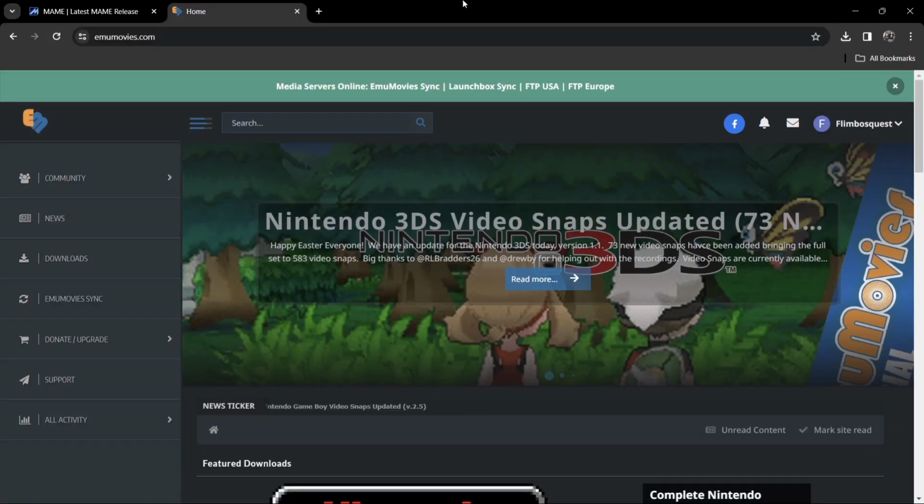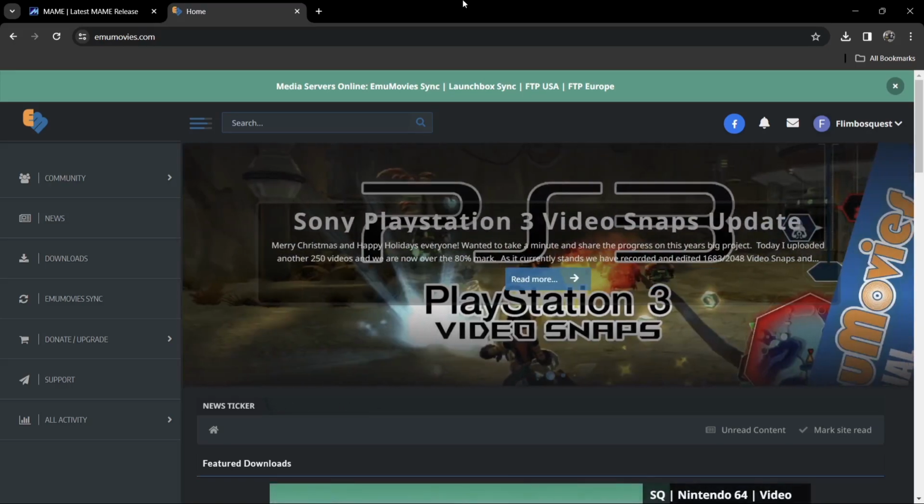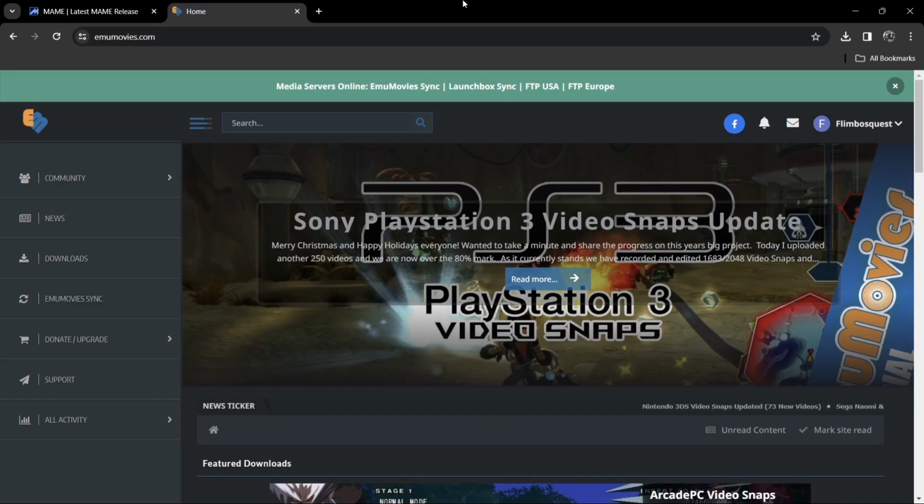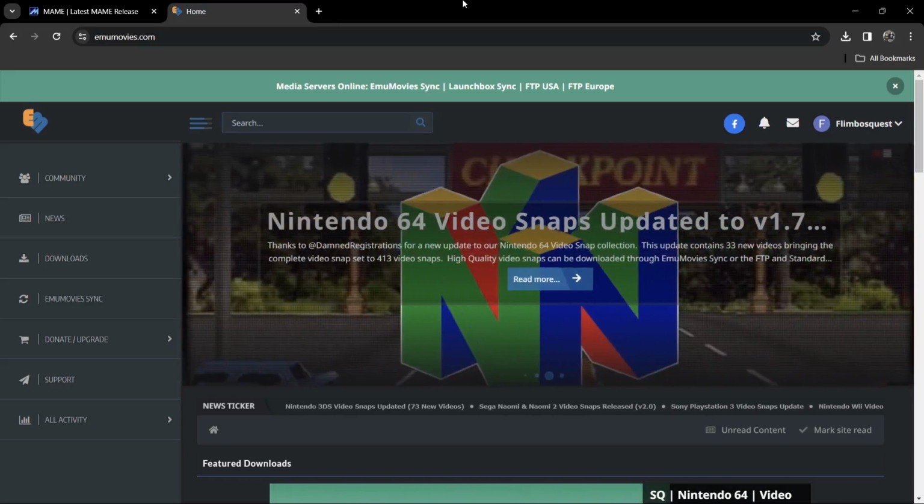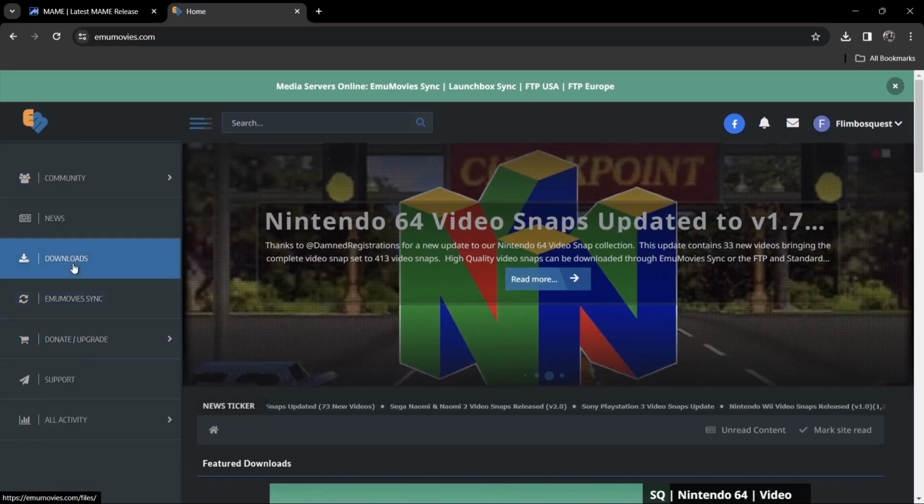Now I find that some users, including myself, find the scraper system through Attract mode isn't that reliable. So sometimes you can go to scrape games from the games database and it just isn't that good. Sometimes it doesn't scrape any artwork at all. So I recommend going over to MU Movies, signing up for this. Just go to downloads,